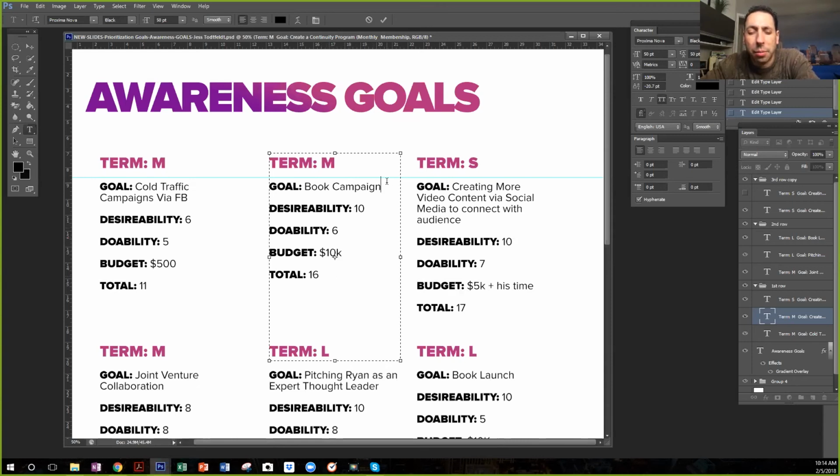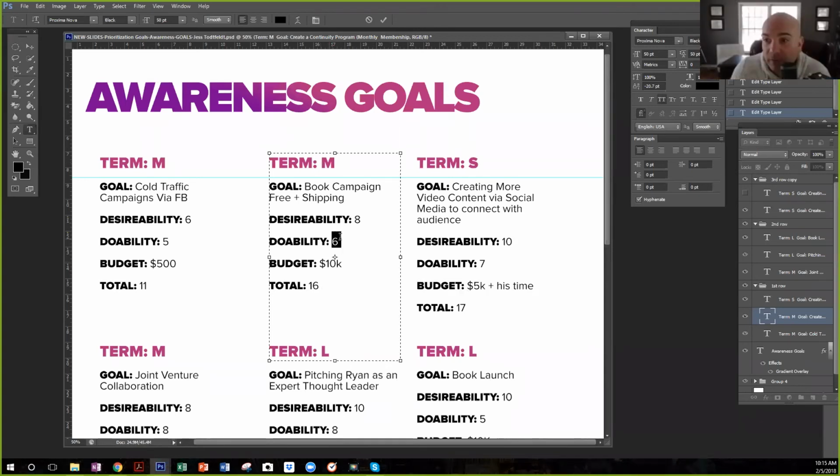Because it's tied in with the actual business, and I know the campaigns that I have planned, like a Russell Brunson free plus shipping book campaign. I'm going to give it an 8, and medium, or what do we call it, for 2 months? Yeah, medium. And is it doable?